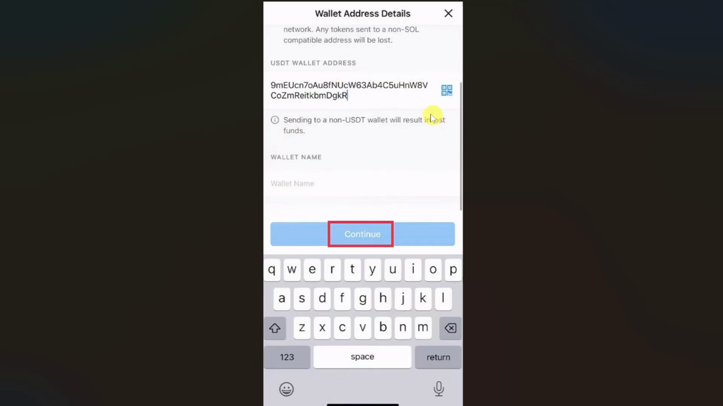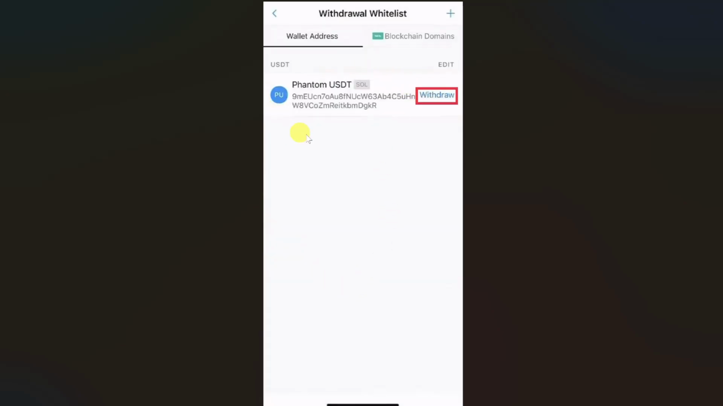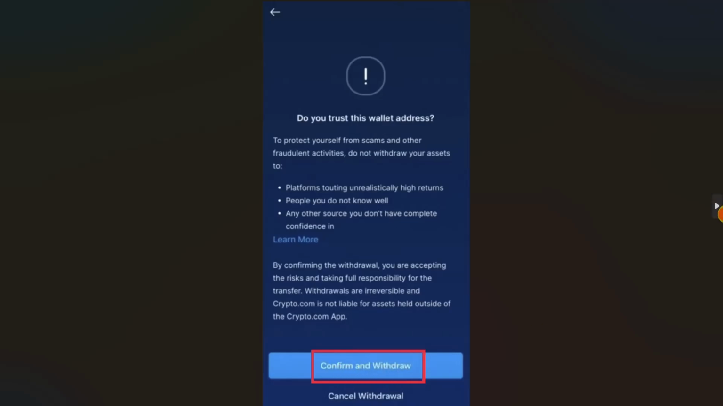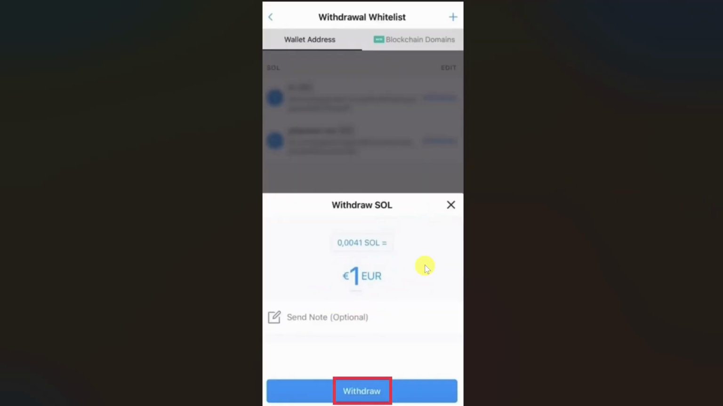Then go back to your crypto.com app, paste the wallet address in this area and enter the wallet name, and then click on continue. After that, your wallet address will be added here. Now you need to click on this withdraw button right next to your wallet address. Then just click on confirm and withdraw, and then just enter the amount how much you want to transfer, and